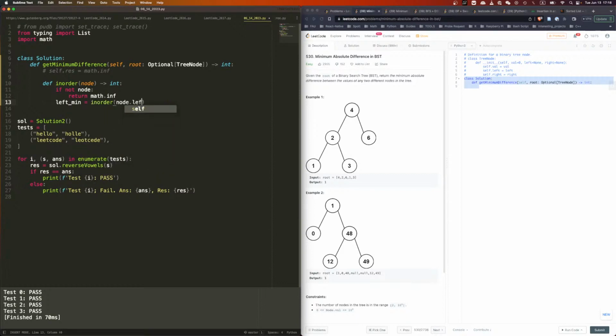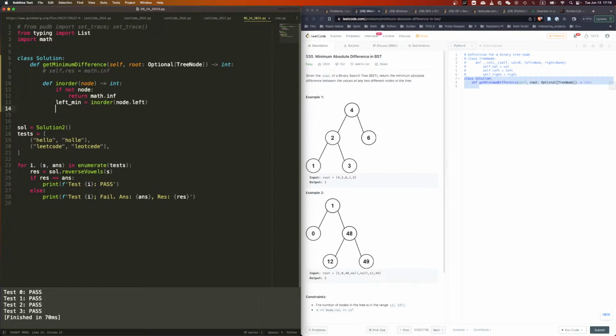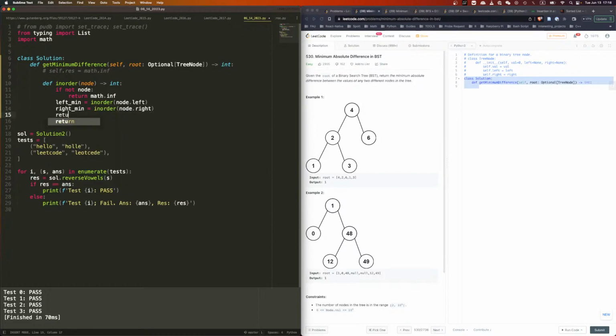So we always go left, and then we're gonna say right min in order node.right, and I'm gonna return the minimum of left min, right min, and